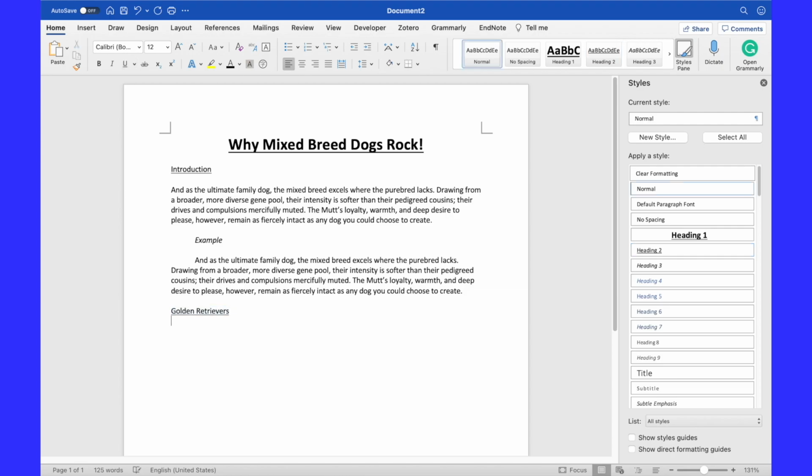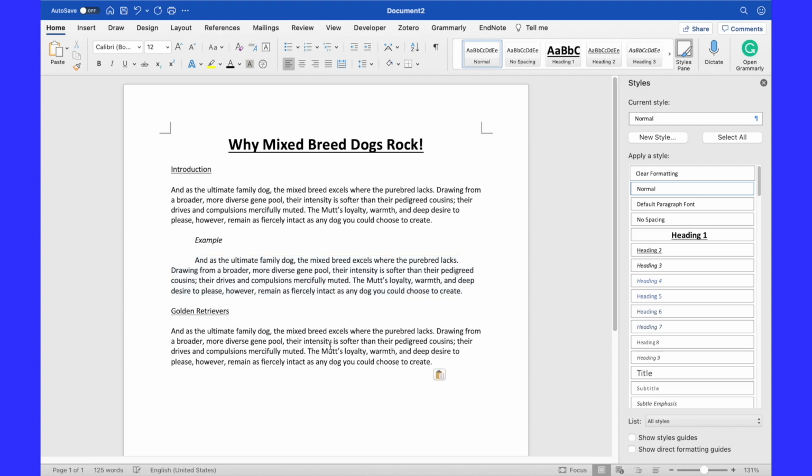So if I came to a golden retriever and I wanted to add in another example section here, I could just type in example, highlight it and then choose heading level 3, and the example is made for me, and I can just tab it over and there it is.